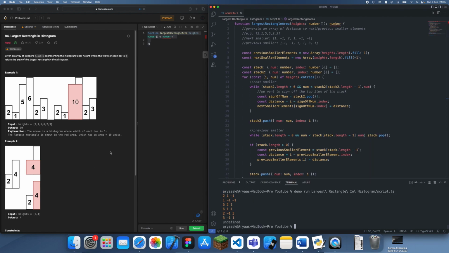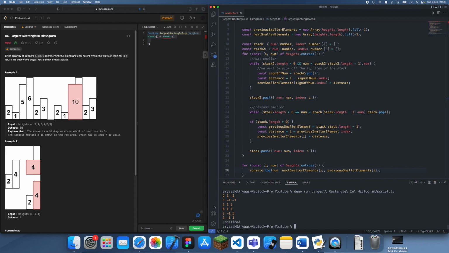Okay, so for 2 we have the next smaller is 1, previous smaller doesn't exist obviously. And let's see for this second 2. For the second 2, the next smaller doesn't exist, but the previous smaller was 1, which is 3 away. So for the width, we're looking for an example which has both, which aren't -1. Okay, so 5: the next smaller is 2 away, the previous smaller is 1 away, so the width